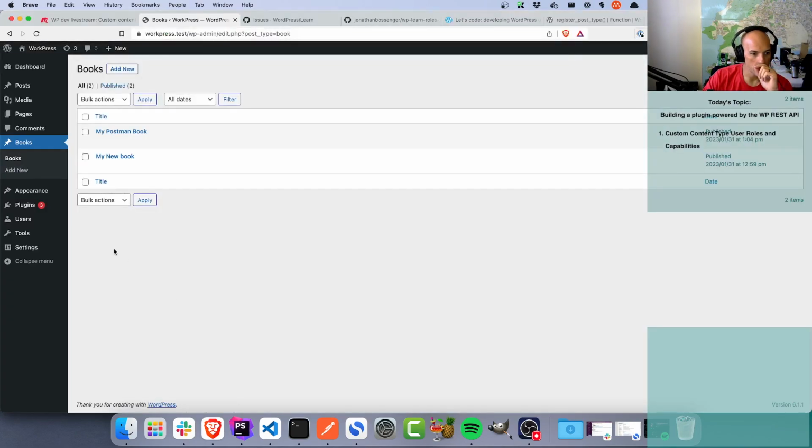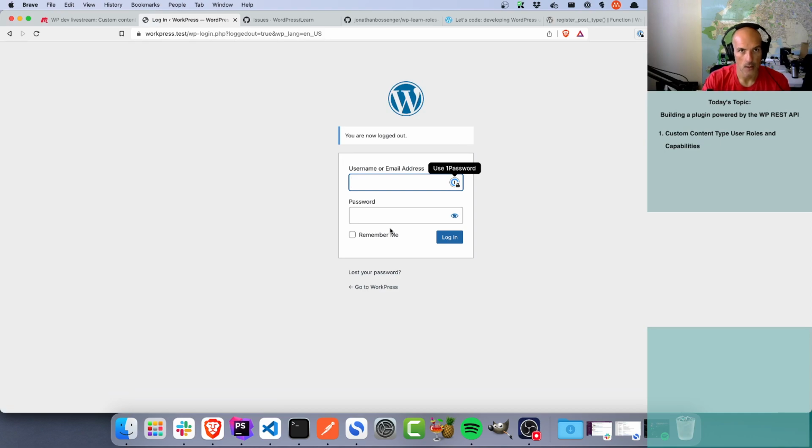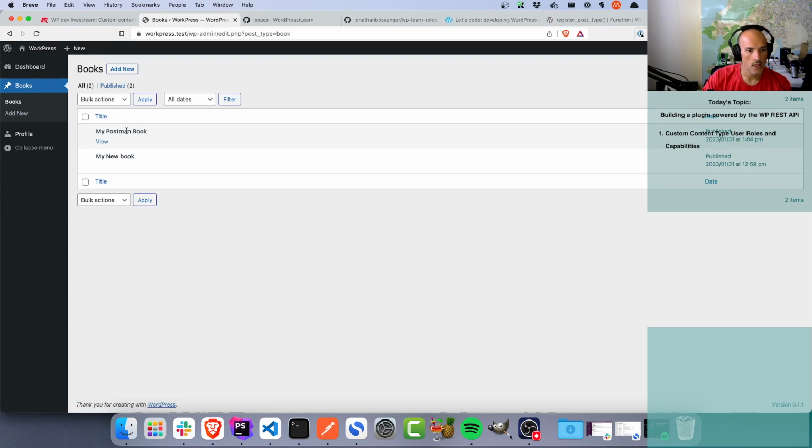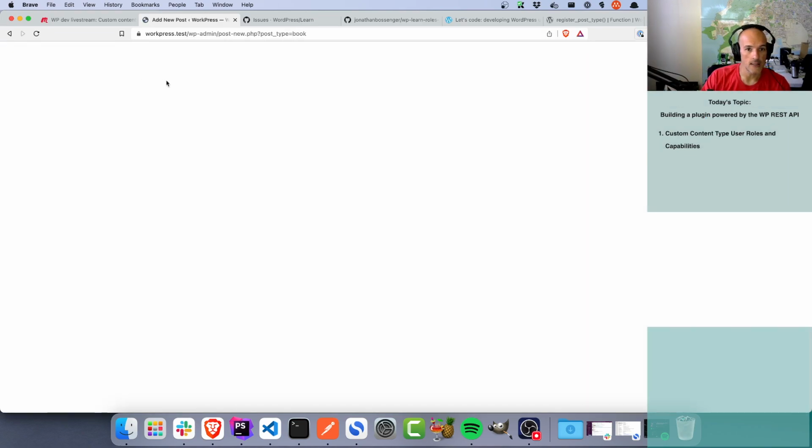So let's see what happens with the librarian user. Okay, so we've got some books. So let us log out. The librarian's not going to be able to access the menu either, which is frustrating, but that's fine. Okay, so there are books. And you see the librarian can view my books, but can't edit them, can't delete them, can't do anything to them. The librarian can create new books, but